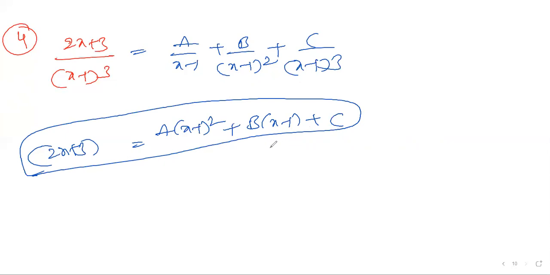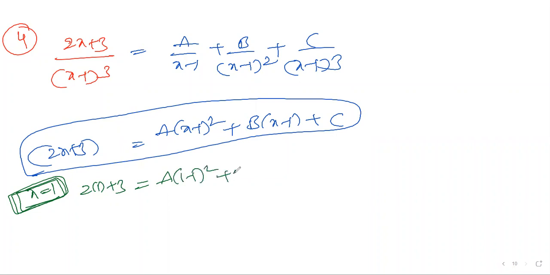Am I clear, right? How to find the rest of the values, I'll explain on the next page to understand very clearly. First, I'll take x is equal to 1. When x is equal to 1, what value will you get? 2 into 1 plus 3, into a into 1 minus 1, right? This value is going to be 0. Next, b into 1 minus 1 goes to 0, plus c.